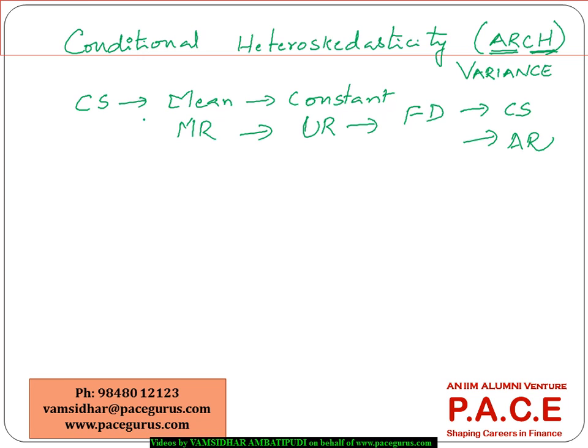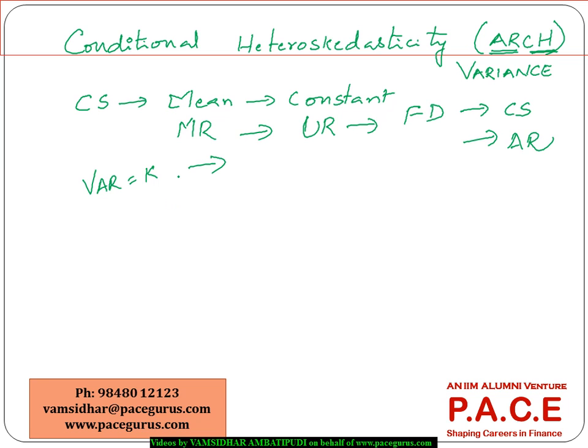Another major assumption of using autoregressive models in time series forecasting is that the volatility, or the variance, also needs to be constant. But if the variance is changing quite drastically, that is where we think of using conditional heteroscedasticity based models, or in short, the ARCH based models. So one of the mechanisms to test whether conditional heteroscedasticity is present in our time series model is